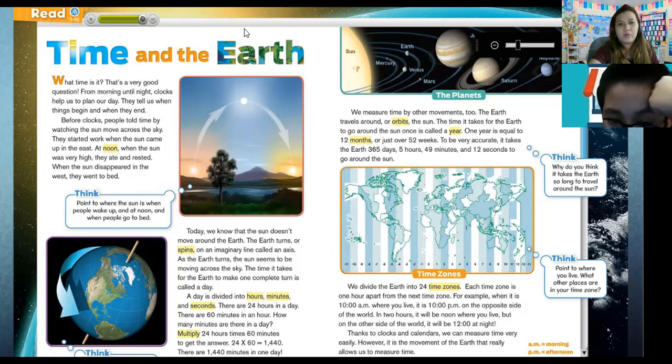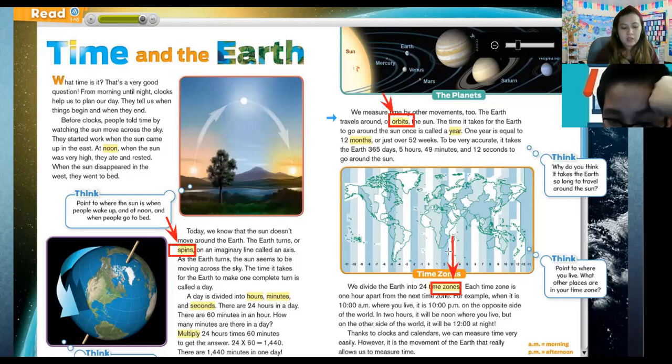So for your homework, I want you to please look for the meaning of these: orbit, time zones. What else? Spins. Can you look for the meaning of these? This will be your homework. Look for the meaning of orbit, orbits, spins, and time zones. Please look for the meaning of those words, and